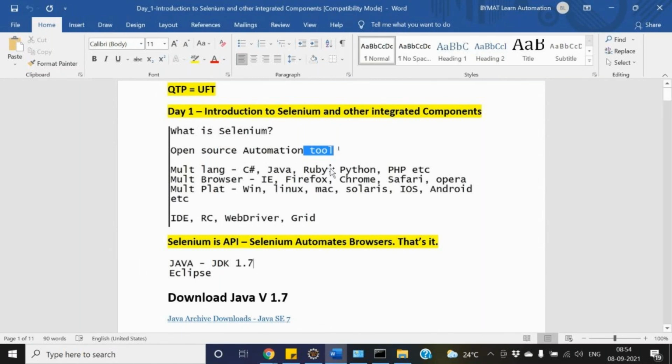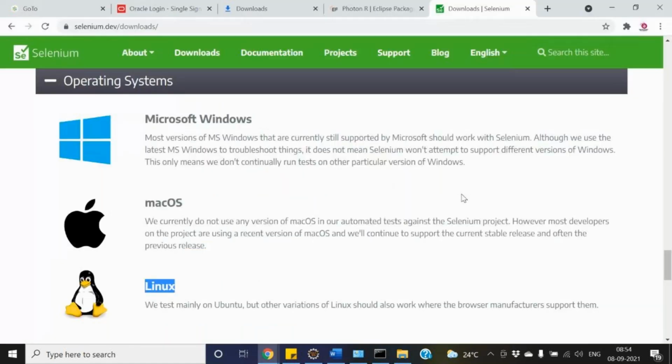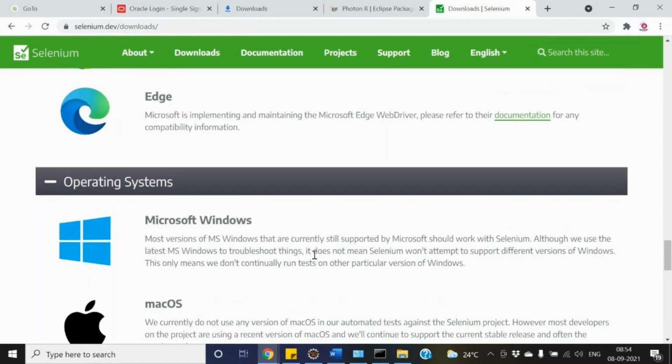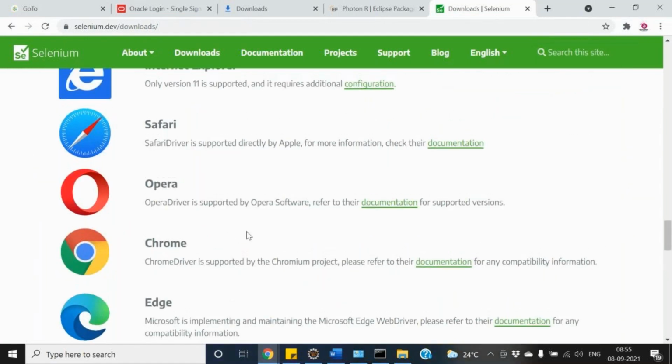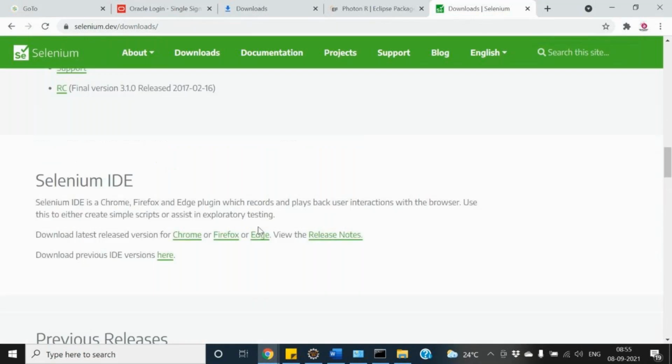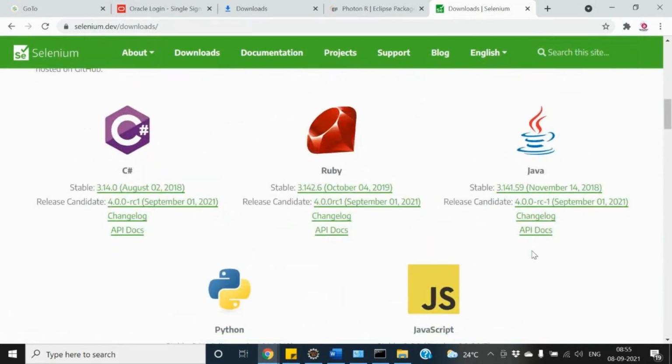So you can work on Mac, Linux or Windows, and if you are familiar with any of these browsers or languages, you can go ahead and use Selenium.